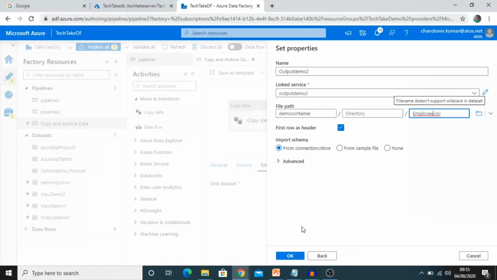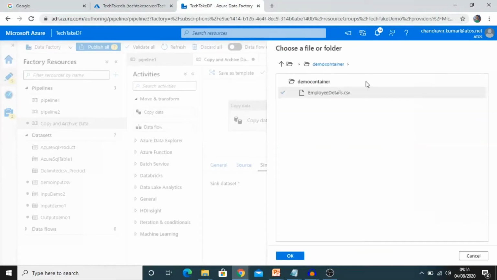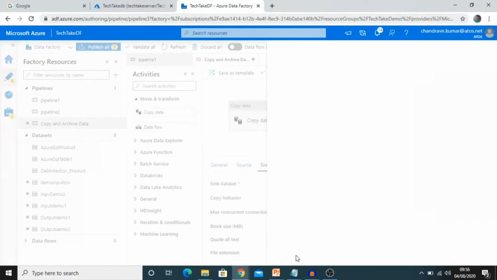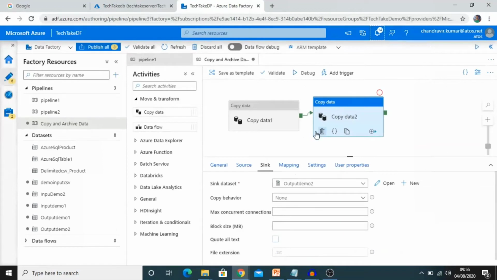If we change it here, we will get an error like validation, blob file is missing in the particular blob storage. So for now, just take employee details, and we will check later soon. Keep employee details and hit OK. So it's configured now.